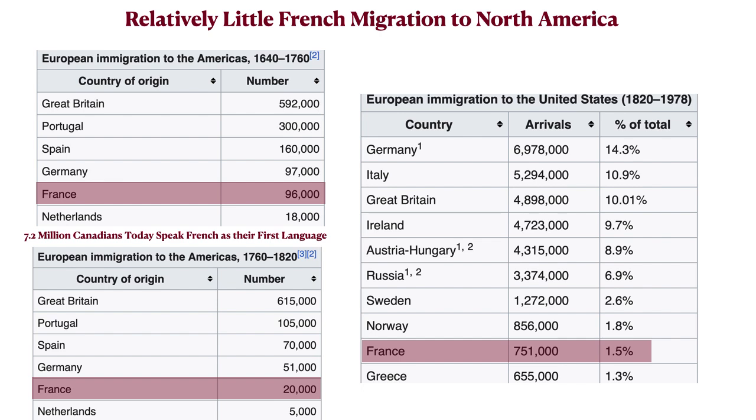with almost 5, Austria-Hungary, the old Austro-Hungarian Empire, at over 4 million, over 3 million from Russia, even Sweden and Norway, relatively small populations, with around 1 million each, and then France. I was actually surprised that it was as high as it was from France, 750,000, but so much lower than other countries. So that was a big difference between France and other European countries, and because of its lower fertility, largely because of this, there are other factors as well, but it did not have the big immigration